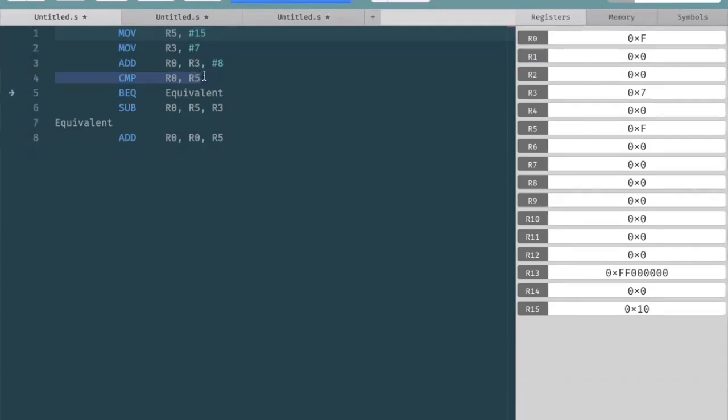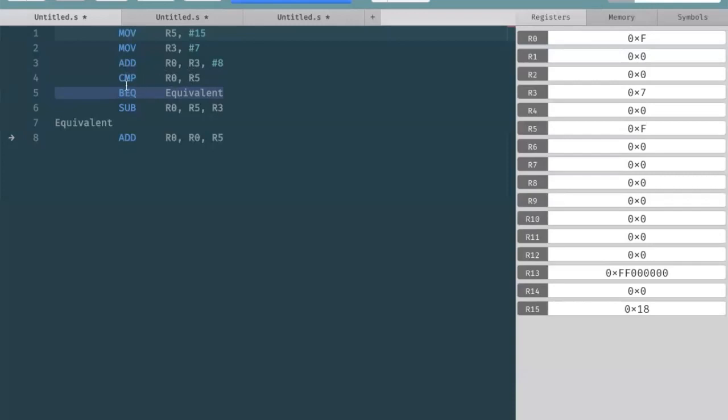And there are more things you can do with this, but for now, what you need to know is that you're comparing the two. If it's equal, it'll set an equal flag, and the next branch. Now, our branch is started, or rather taken, with B. This EQ here is basically like saying equals. So this branch is only taken if the equals flag was set, which it was here, since R0 and R5